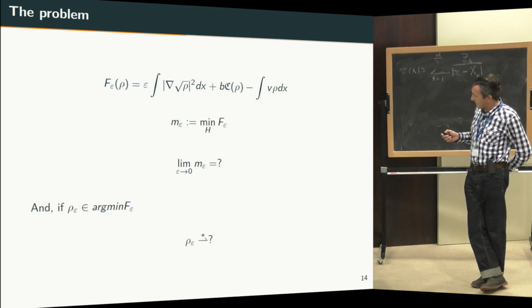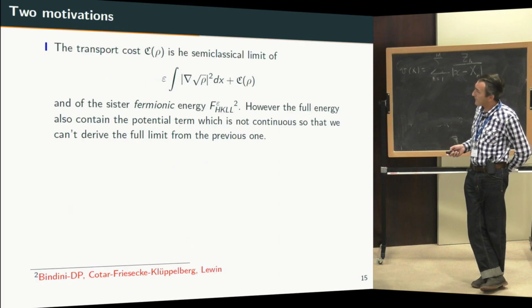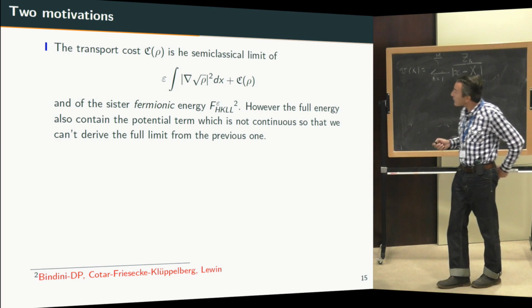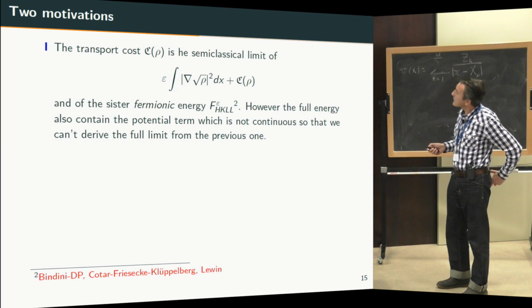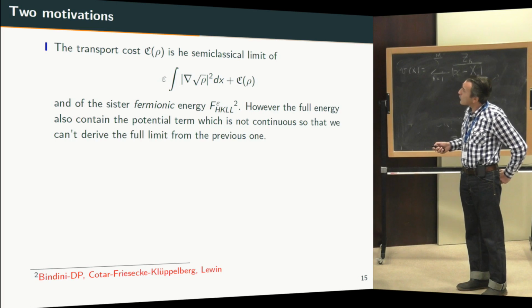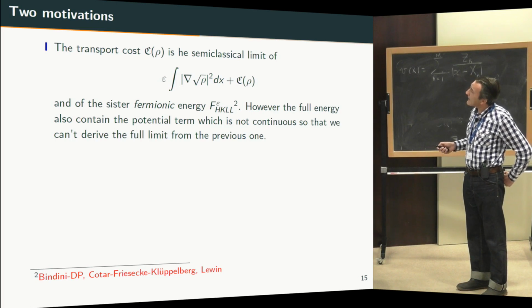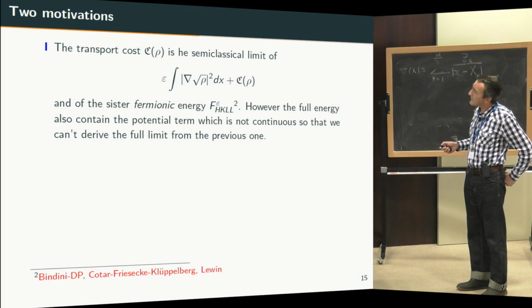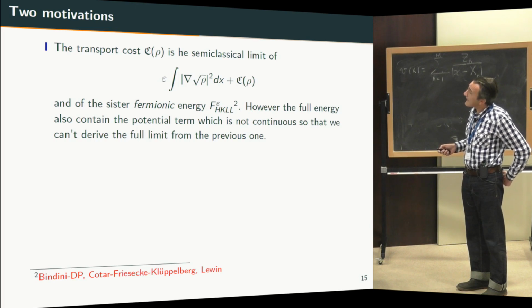We denote by m epsilon the minimum, and we want to study the limit of the minimal value and of the minimizers. Let me give you two motivations for this. The first motivation is that the transport cost is a semi-classical limit of this functional. You see, I killed the last term. I eliminated the electron-nuclear interaction, but it's also the limit